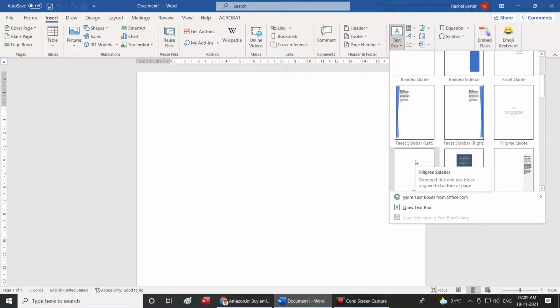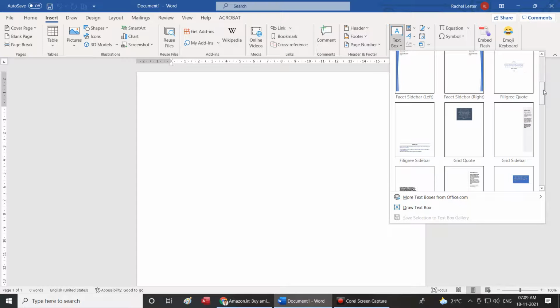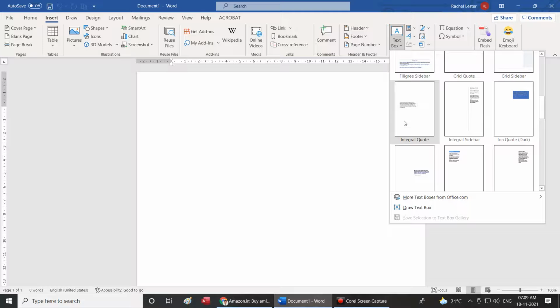Next is grid quote. After that, grid sidebar. After that, integral quote. The next one, integral sidebar.